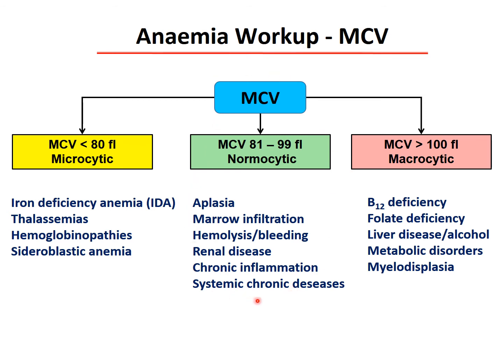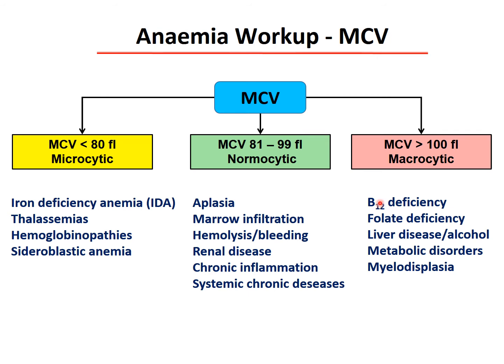Another big group is when we have a problem with maturation. These are, for example, the normocytic normochromic anemias: aplasia of the bone marrow, leukemia impairing the bone marrow, hemolysis, bleeding, renal diseases, chronic inflammation, or systemic chronic diseases. These all influence the number of the cells, but they do not interfere too much with the hemoglobin synthesis. When we have a macrocytic anemia, very commonly we have vitamin deficiency such as